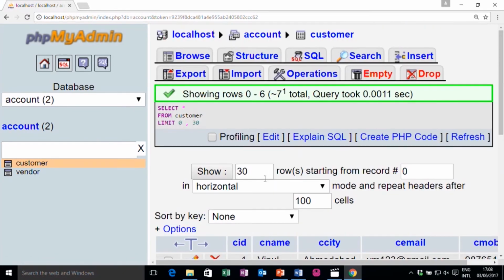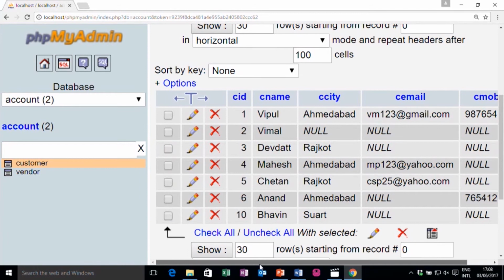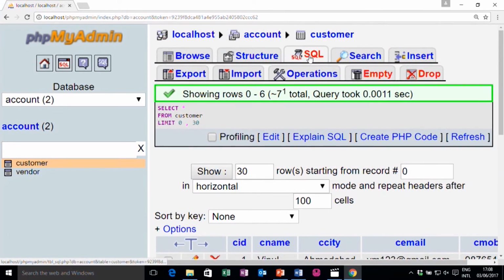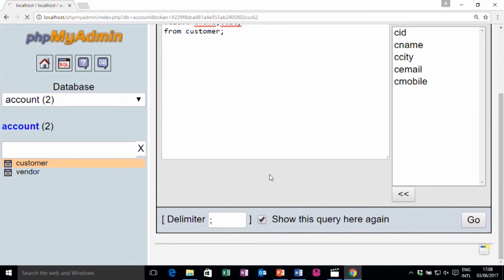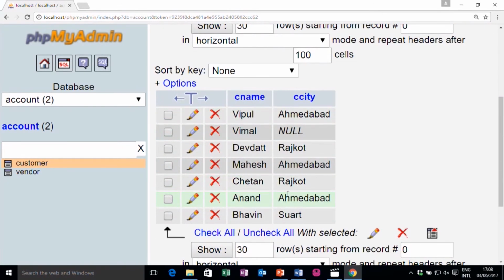When I click go, it shows me all the records, right. Now, if I want only particular columns, I can write select customer name comma customer city from customer. I would like to view only two columns, their name and their city. Click on go, and it will display only these two columns.